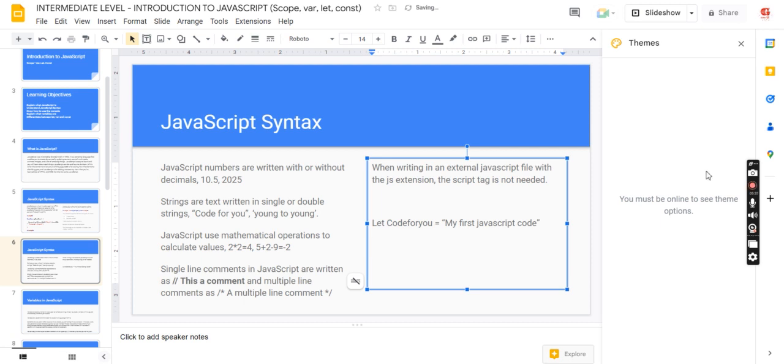So let's say we want to declare a variable using const. The constant, we say const codeForYou equals to, let's say, young to young. This is a constant. We'll be moving on to the code editor to practice all I've said earlier, but I'm